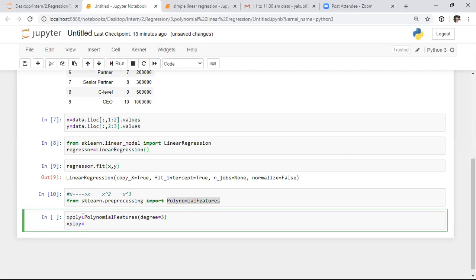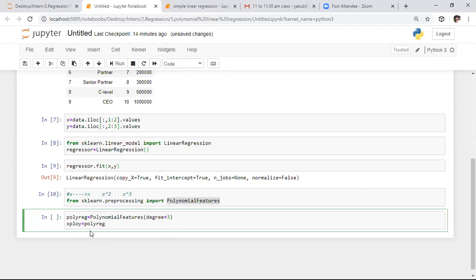Now I want to specify polynomial regression. We need to apply the same thing on x, right? So I'm saying polynomial regression, and I am saying xpoly. I want to apply these polynomial features on the input, so I'm storing that in the xpoly variable. Here I want to apply those polynomial features on this data.